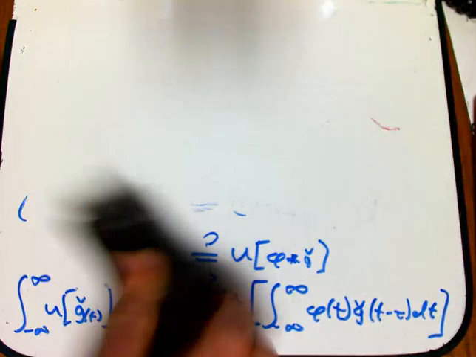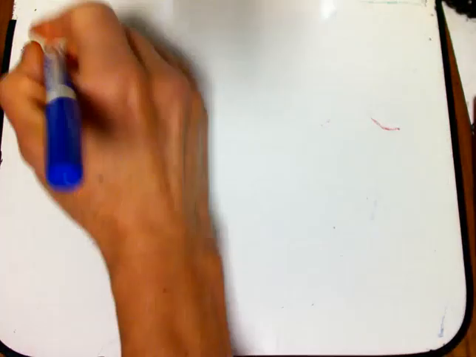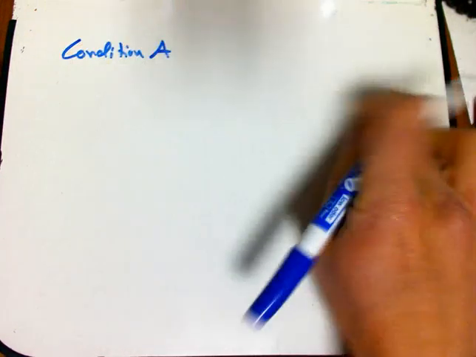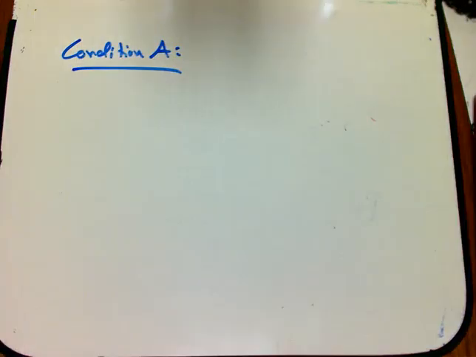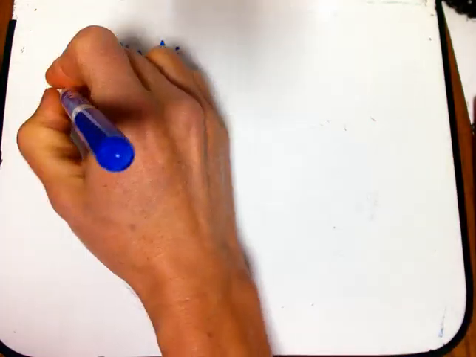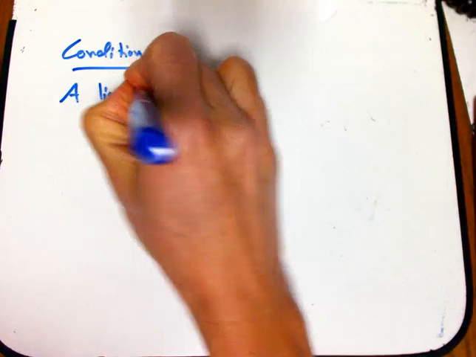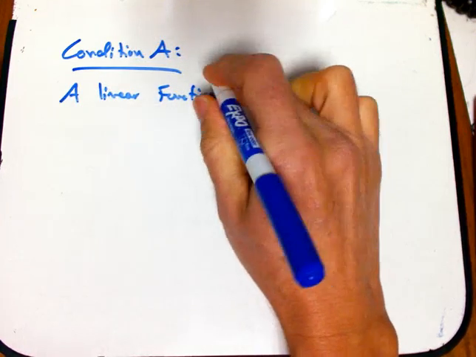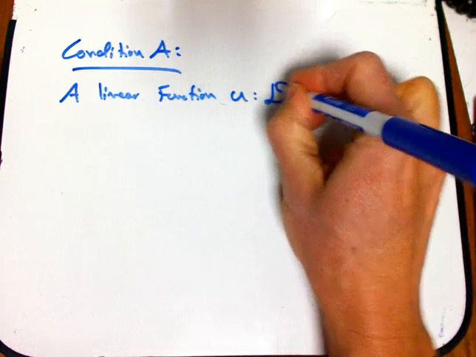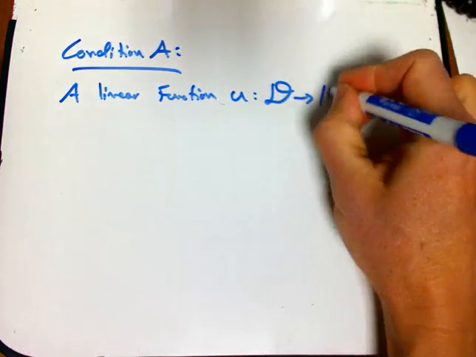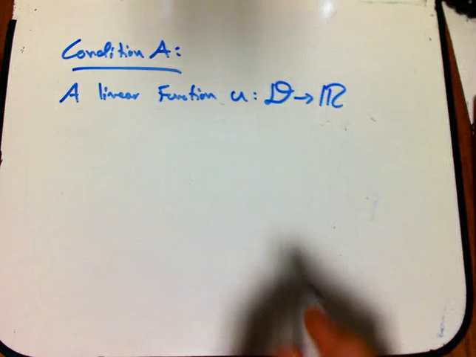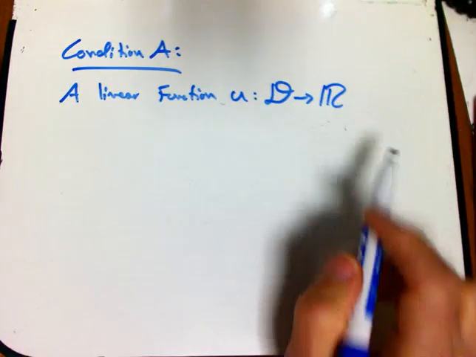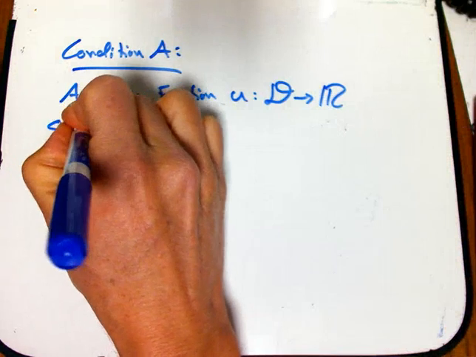Okay, so I'm going to call that condition A. And I've already given the game away a bit, which is too bad. Otherwise, the punchline would be better. This is not going to be the final condition. Okay, and that's going to say you have a linear function. And remember, when we say function, it's a pretty sophisticated idea of function. It's something that takes test functions themselves, functions of real numbers, and spits out a number. So the kind of thing we've been dealing with is a distribution. Okay, so far this is what I've been calling, quote, a distribution, because we haven't had to face up to this issue yet. Let's say it satisfies condition A,